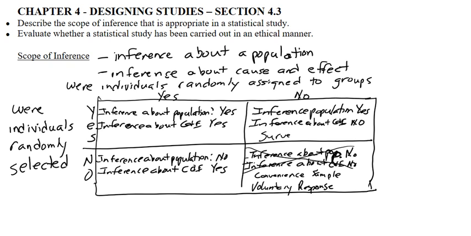We can't really infer about cause and effect because we're not assigning people to groups, we're not assigning treatments, anything like that. We can infer about the greater population, but we can't really infer about cause and effect. And experiments almost always go here. It doesn't have to be true. Some experiments can go up here in the yes category, but experiments